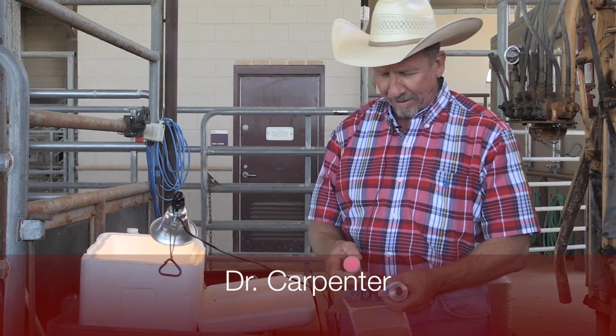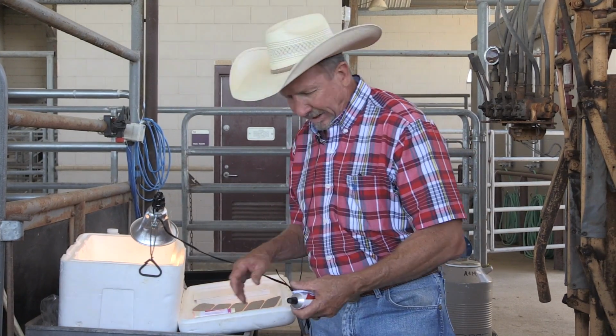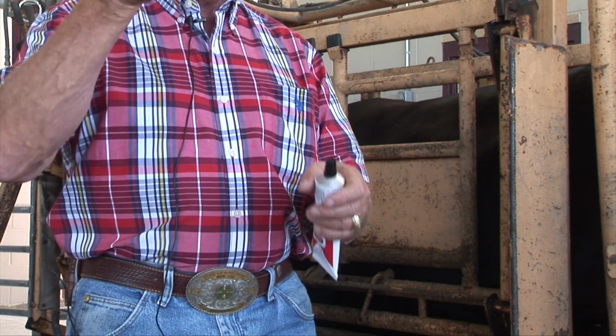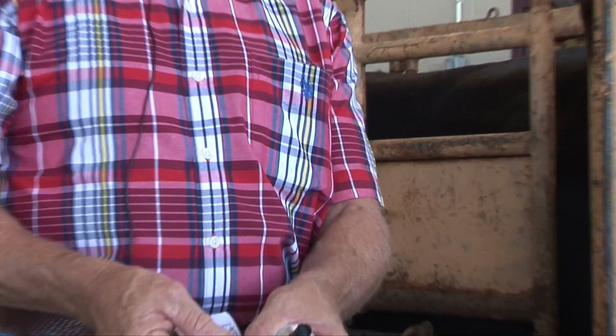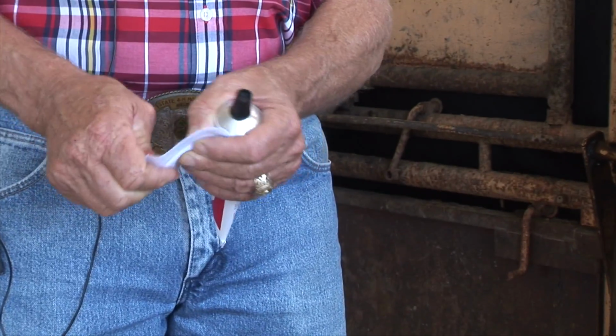I got 3 different estrus detection aids here, and we'll talk about each one of them a little bit individually. The old standby, and it's still used quite a bit in the industry, is what we call the Kmart Patch. This is a plastic patch, and you glue it on the cow's tail head, and when another cow mounts her for riding activity, this patch will rupture under pressure,